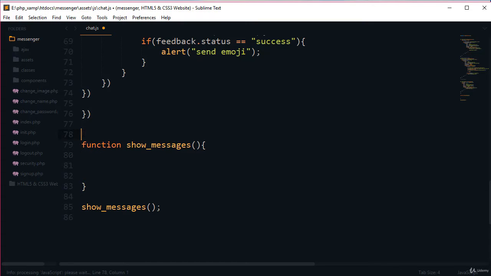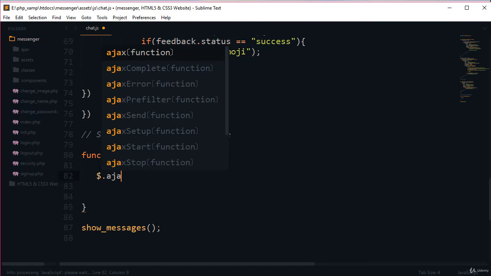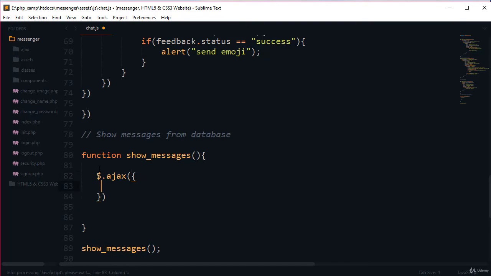Here add a comment: show messages from database. Now send the AJAX request. $.ajax, and here type equal to get, not post, because we are getting data from the database.